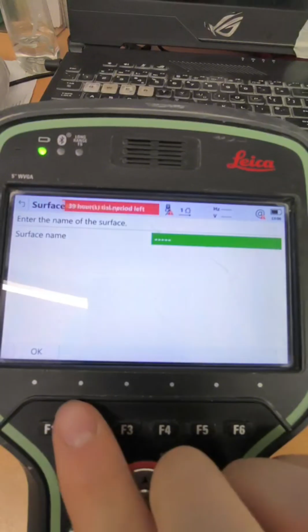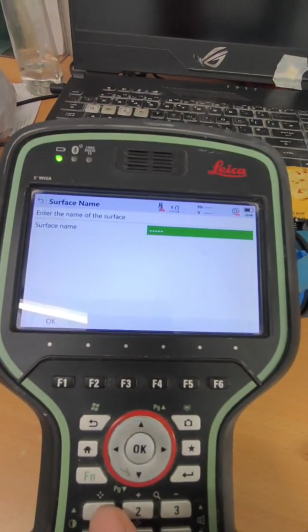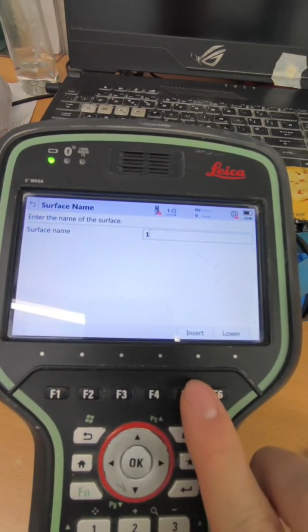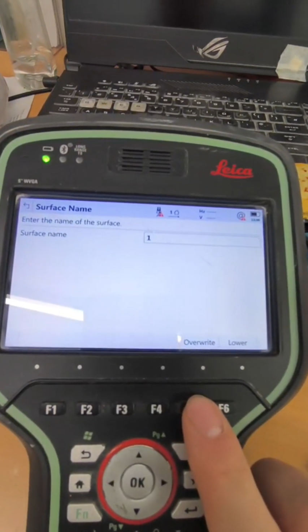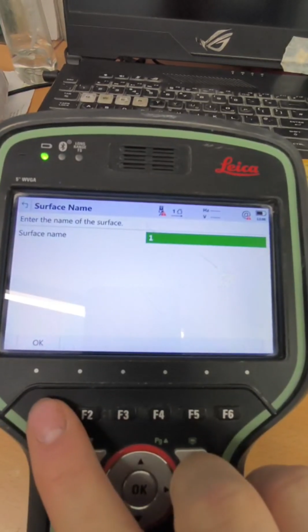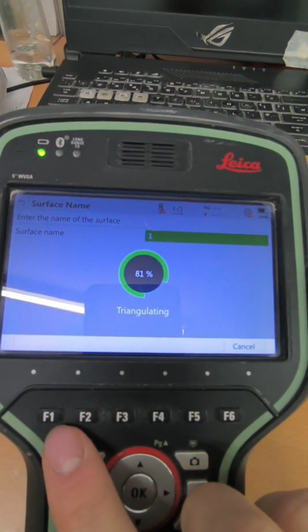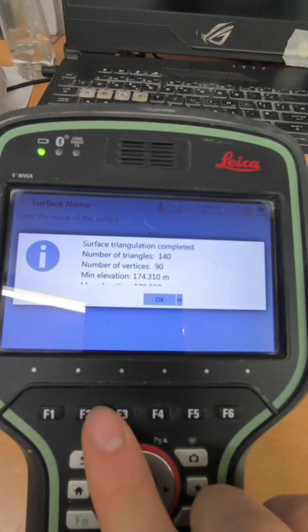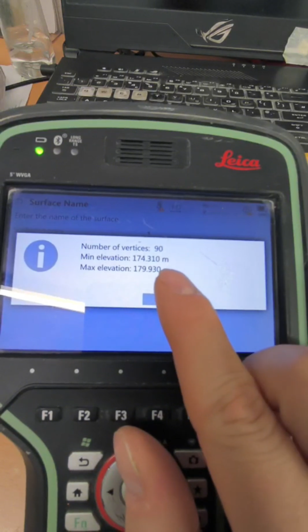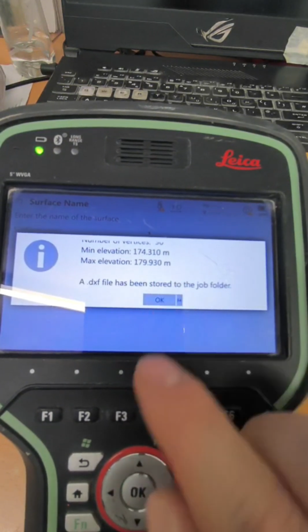We click OK. We put here surface name 1, insert, OK, then OK again, and now after the calculations it tells us minimum elevation, maximum elevation,